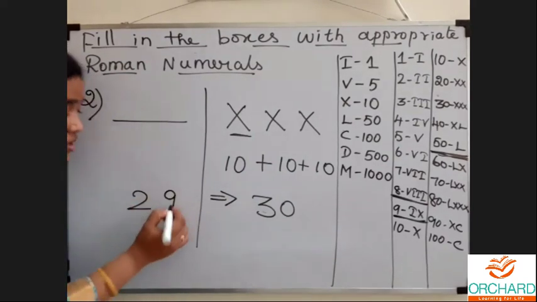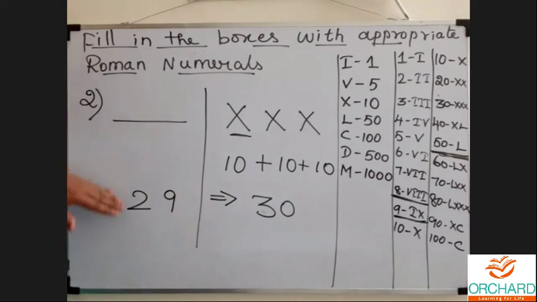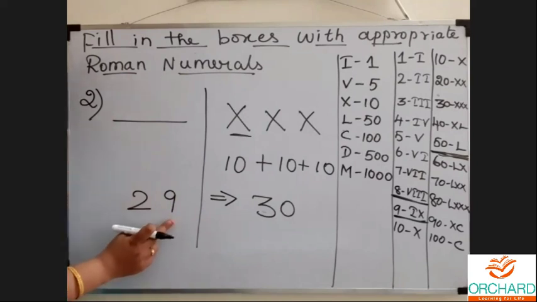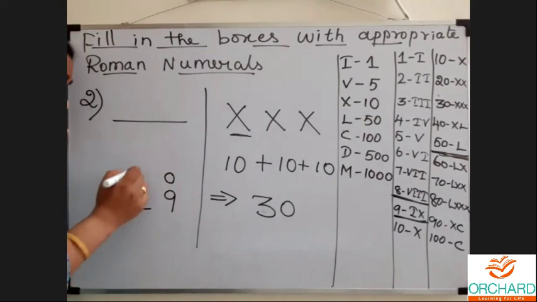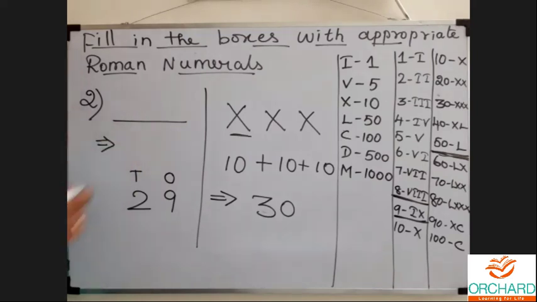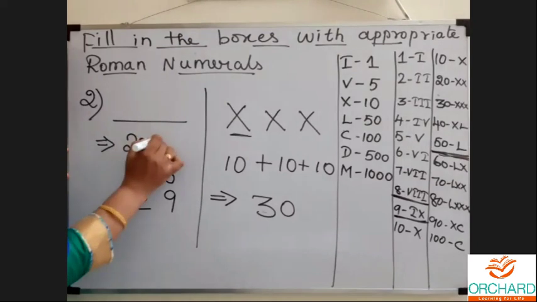Super. So how can we express this value in Roman numeral? What do we have to do? We have to write the place values for the given number. 9 stands in the place of 1. 2 stands in the place of 10. Now how can we expand this value? 2 stands in the place of 10, so 2 tens are 20. Plus,